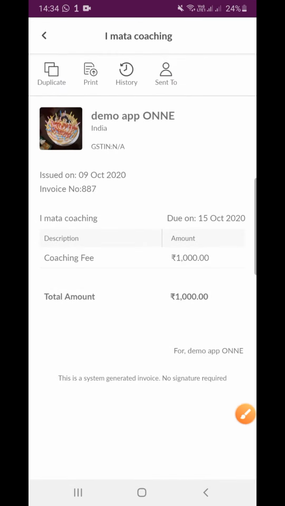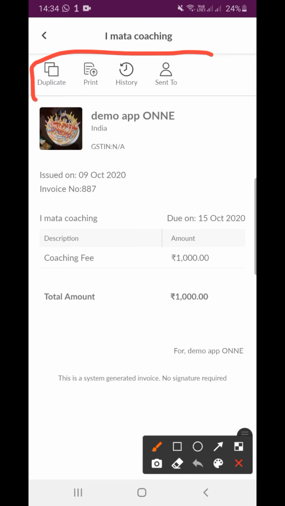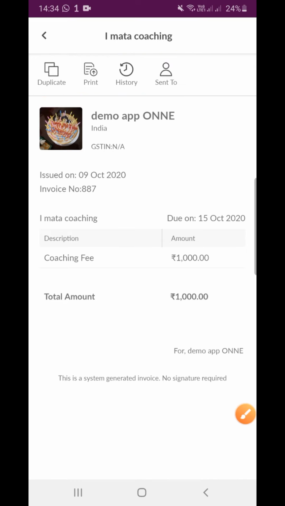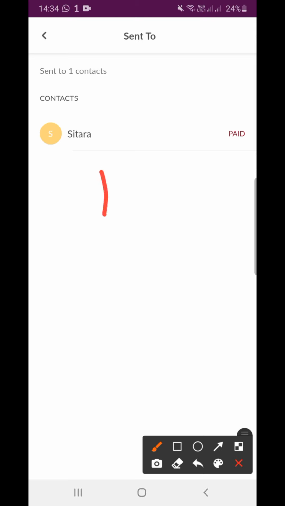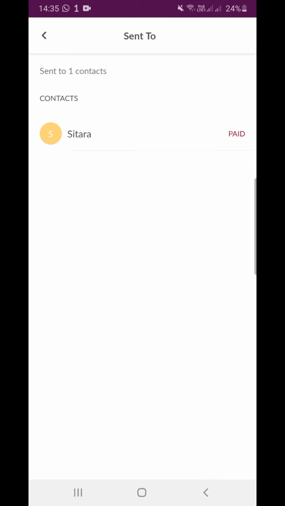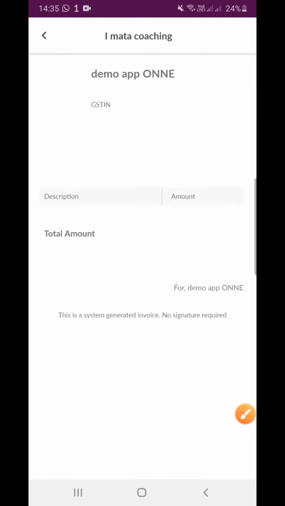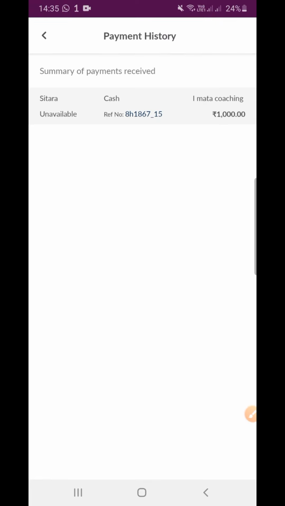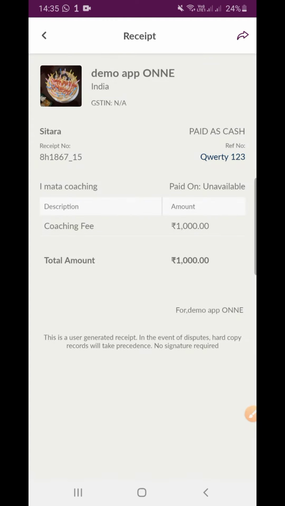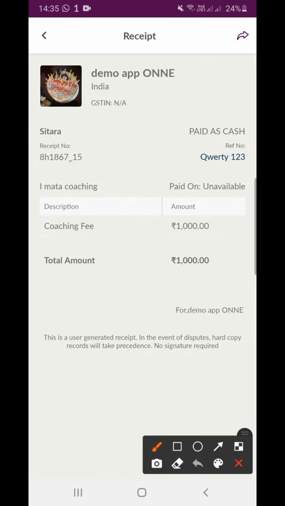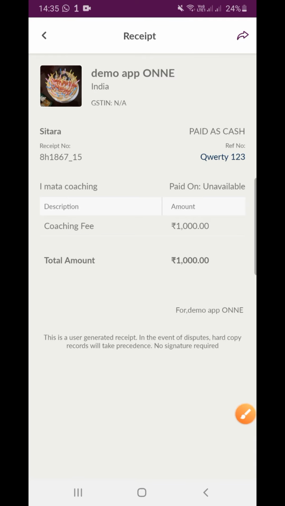This is an invoice which gets created, and you have 4 buttons on the top of the screen. The center shows who are the people you've sent the invoice to. As you can see, I've sent the invoice to one person and that person has already paid. The history button on the top of the screen shows the payment receipt. An automatic payment receipt is generated when parents or students make the payment to you, and this is sent out on your behalf automatically. You can also click on the forward button on the top of the screen to forward and print this invoice and record it for your use. So it takes care of your accounting system.